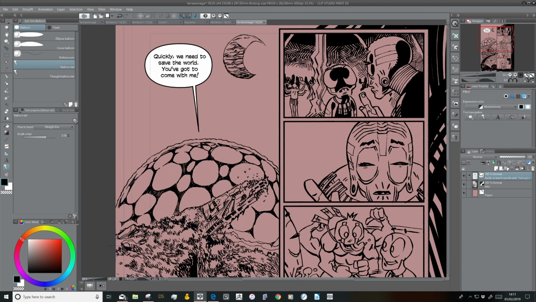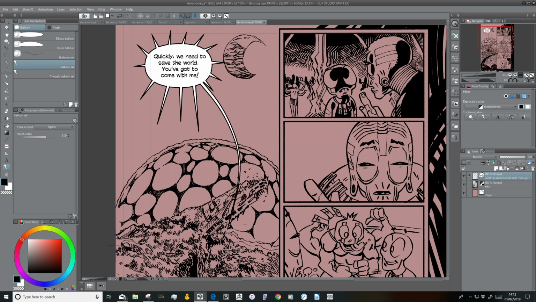I don't really have time to go through a lot of the lettering tools. As with the text, we can create different kinds of balloon tails. This is a very simple straight one. It's actually quite good for doing this kind of visual effect as well. But you can also have a polyline, which is a selection of straight lines, or a spline, which is a curved line. So we can do this kind of thing,